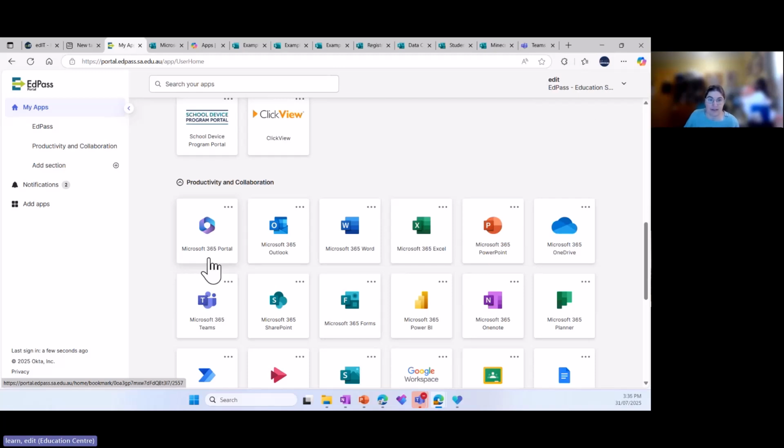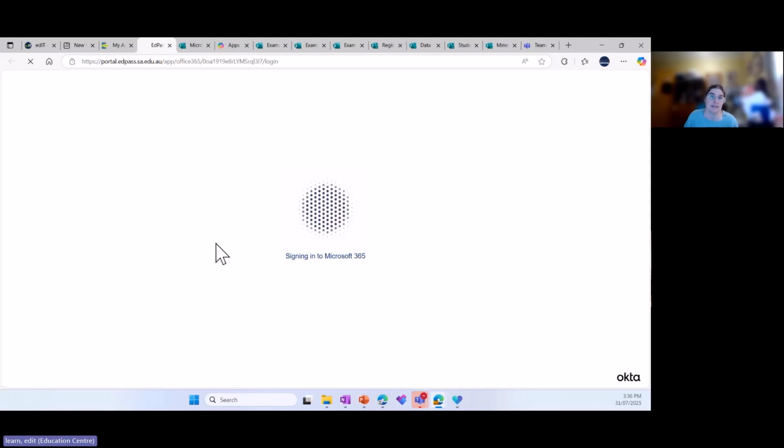Now, just next to that, you'll see a whole lot of icons for Microsoft products. I'm going to point out that there are a lot more Microsoft products than what you see in the EdPass portal, and we're going to have a look at those now. So if you are on this page and do want to follow along with me, if we click into the M365 portal, now this has changed a bit